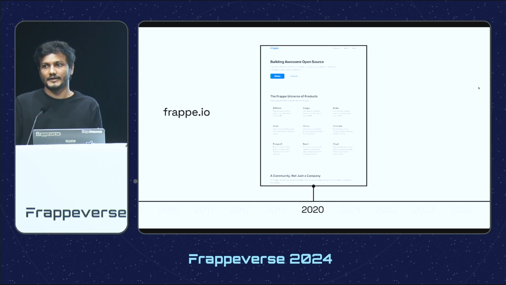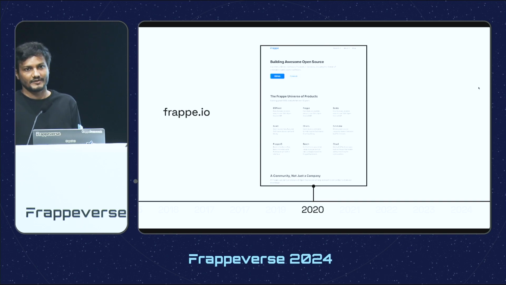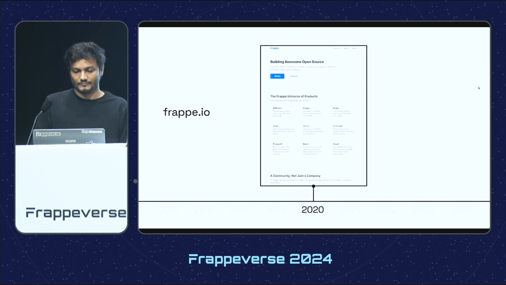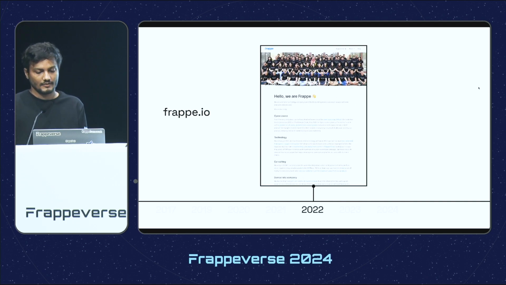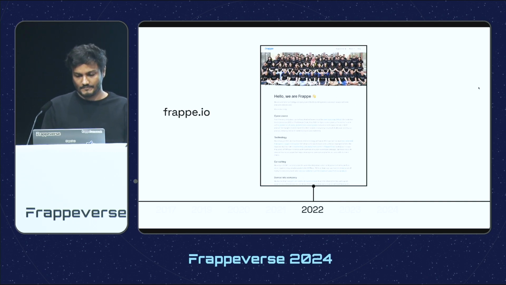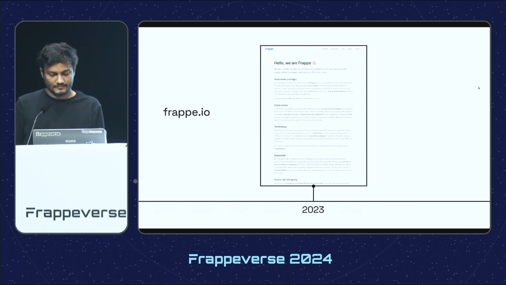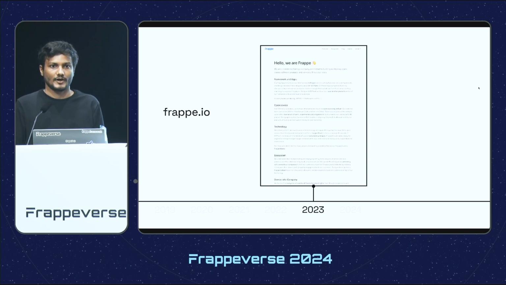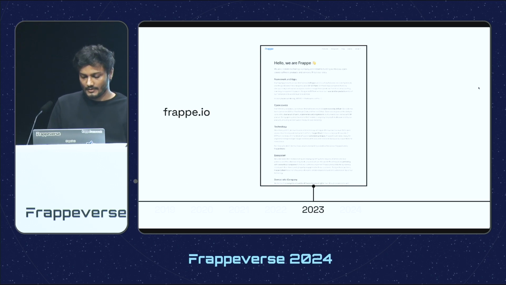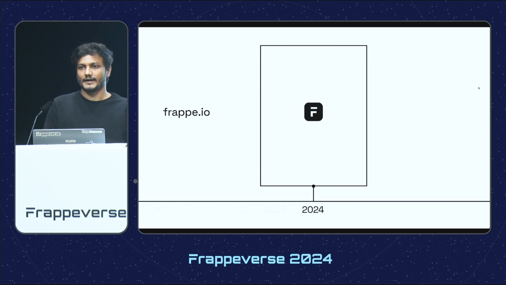So just like any other teenager, it was having an identity crisis. And with respect to design, it was just adding and removing elements, minor changes, and eventually ending up removing the elements altogether. So up until last year, if you had a look at Frappe.io, this is what you would see. It severely needed a visual overhaul and moreover an identity of its own, which is on par with our product UI.